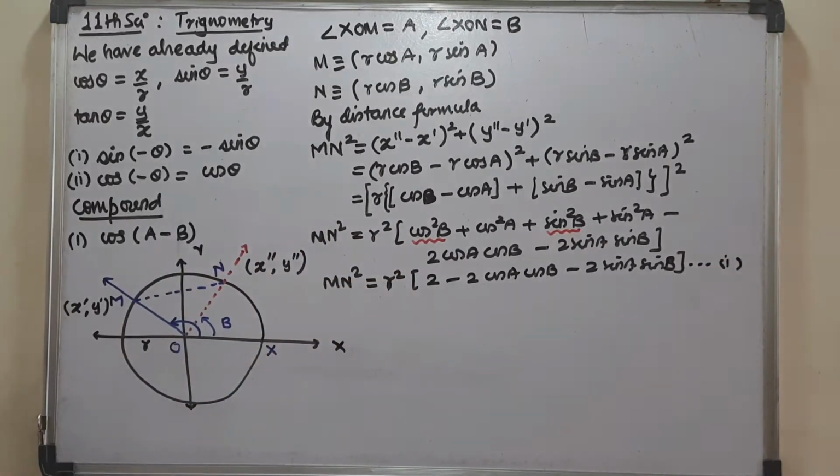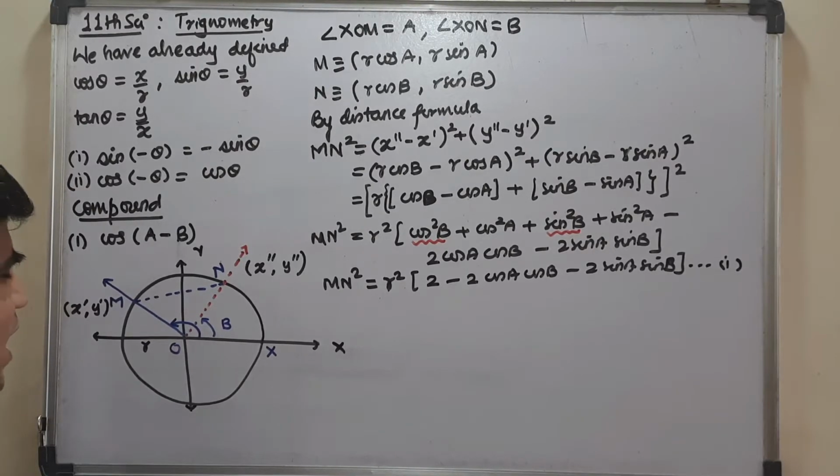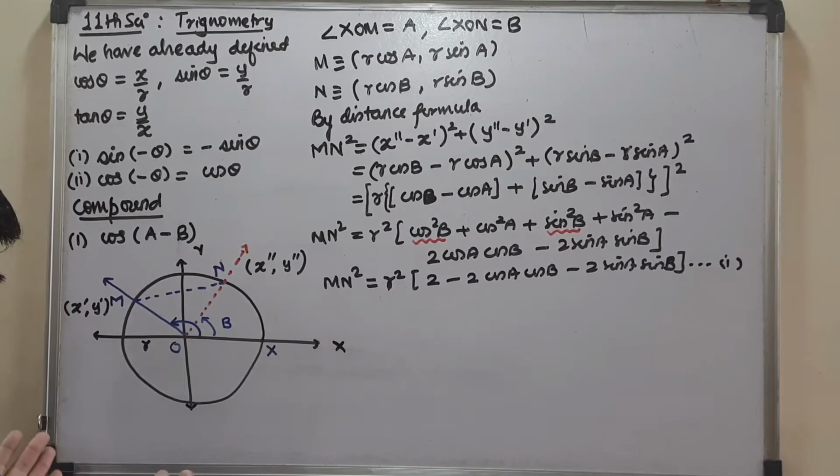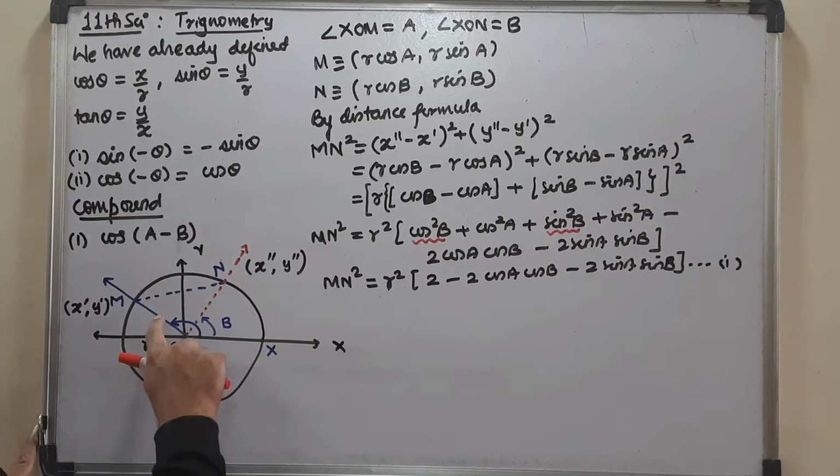Right? Now I am changing my game plan. What I am doing is, okay, now I want A minus B. Correct? Without that, I cannot get this. So if I want A minus B, how would I get A minus B? So A minus B is this particular angle, correct?